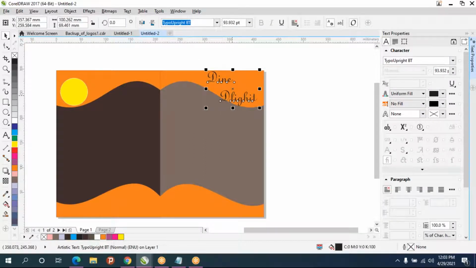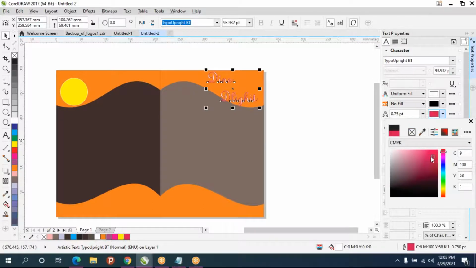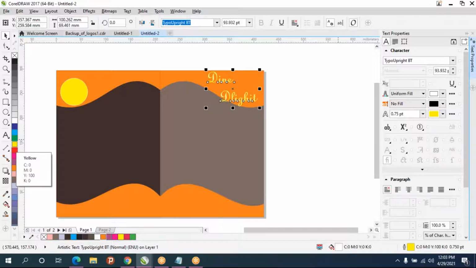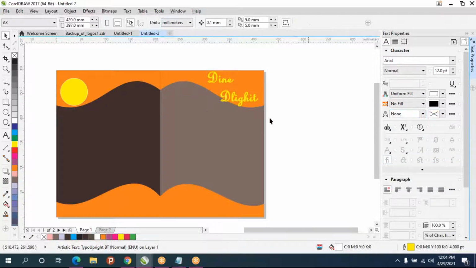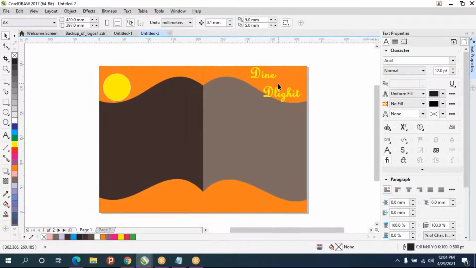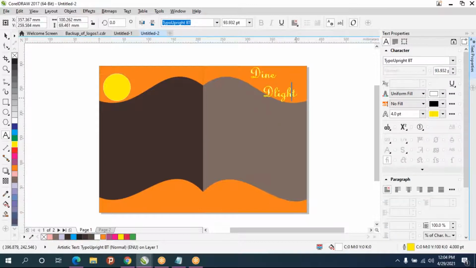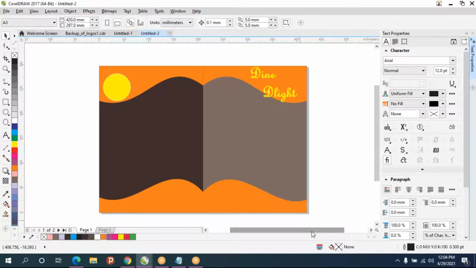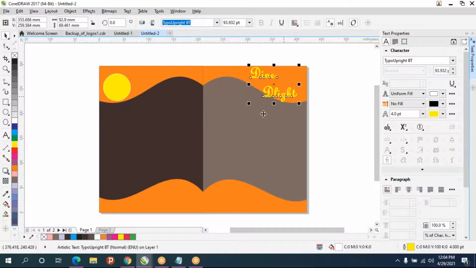And we'll skip some other color for this, so it should be visible. Or else I'll give this color only.